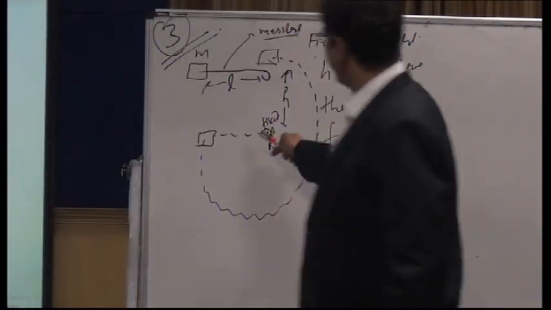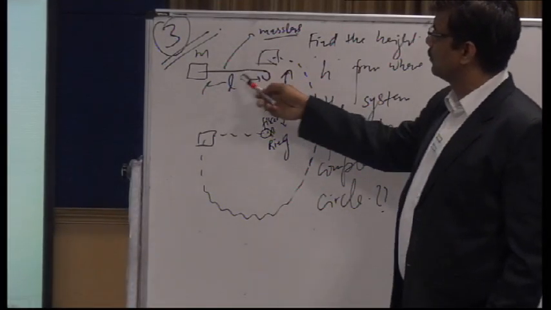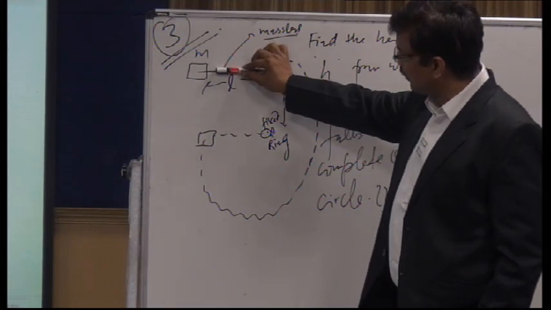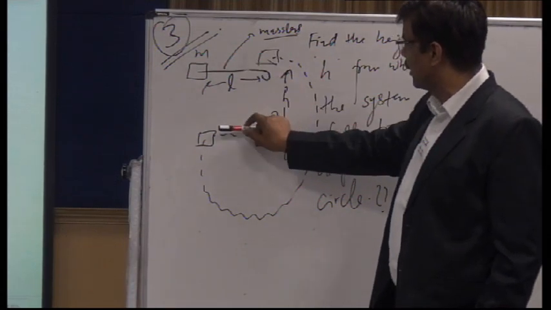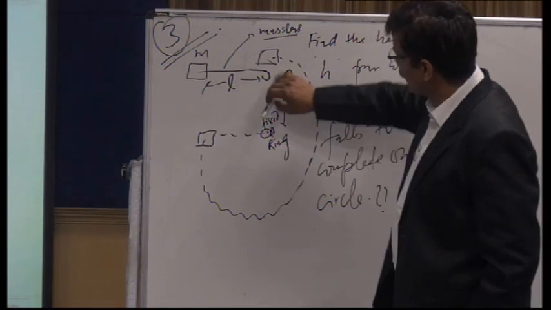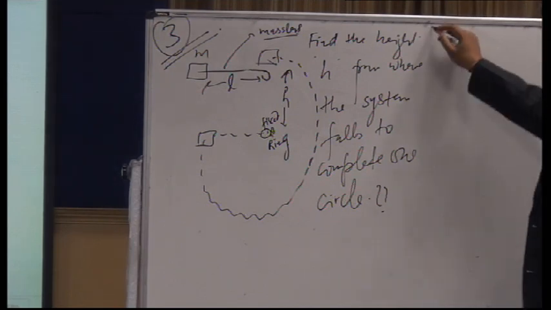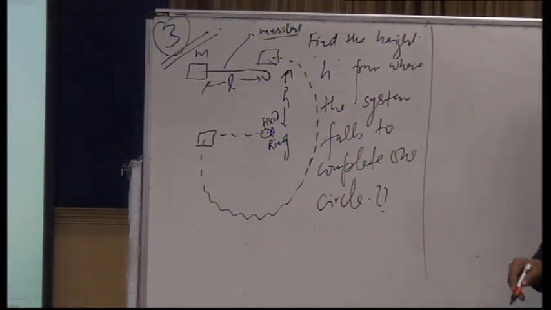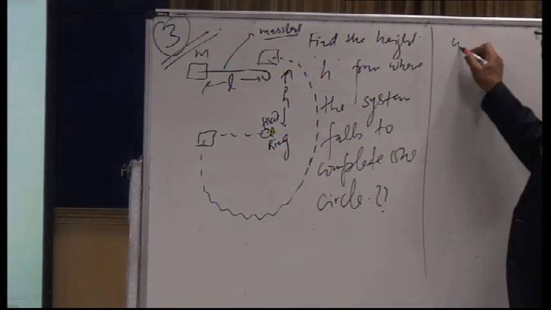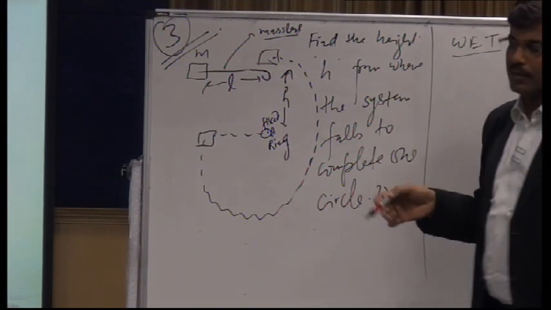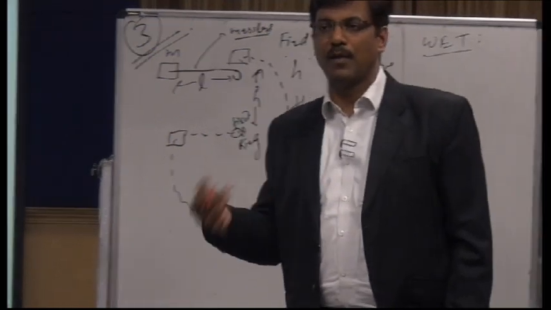So there is a ring, there is a mass, there is a rod of length L, there is a hook, they are allowed to fall under gravity. Incidentally, it is stuck into the ring and goes round. We have to find h, in terms of L, so that it makes one complete circle. Children, let's do it by using only work energy theorem, which says there is no harm to repeat it. अगर इतना important है तो there is no harm to repeat it. Which says